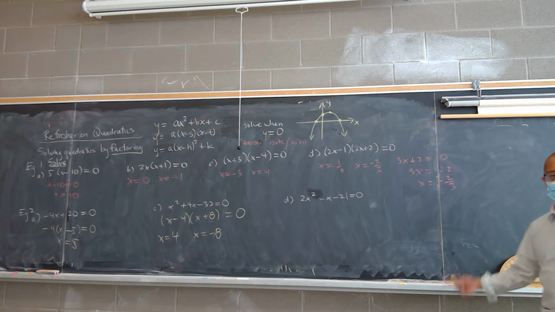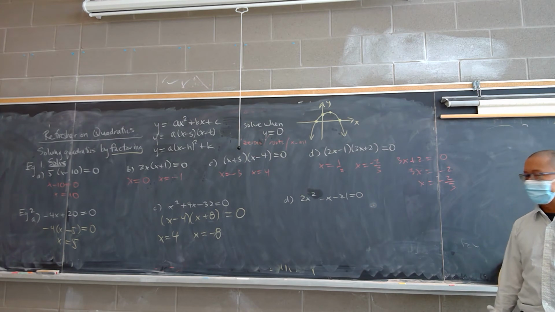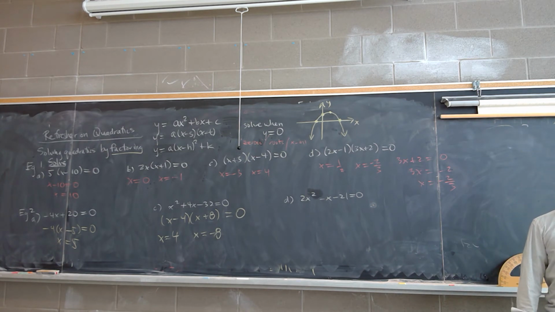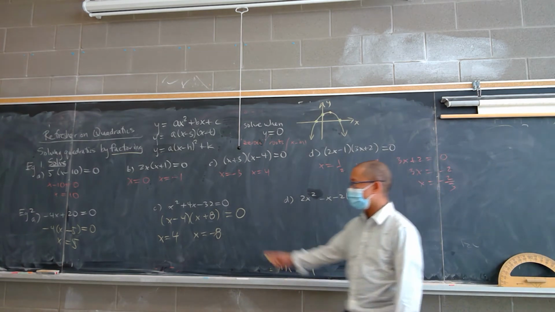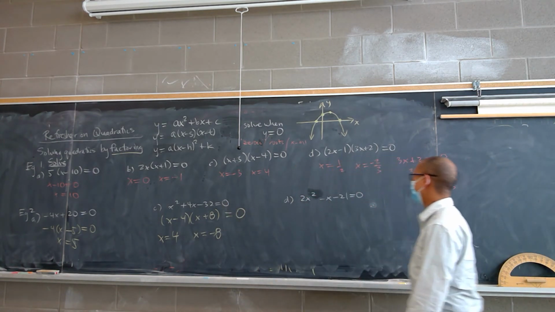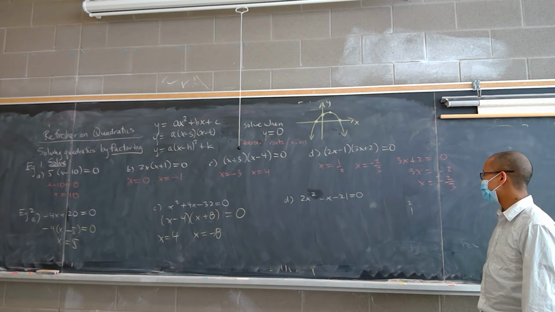Question D. We're going to jump to question D. So the question is 2x squared minus x minus 21 equals 0. I'm probably going to do this one if that's okay. This one's a little bit harder, right? The reason is because this is not a type 1 factoring question, this is a type 2. So I think I'm going to do 2 and 1, and what makes it 21 is